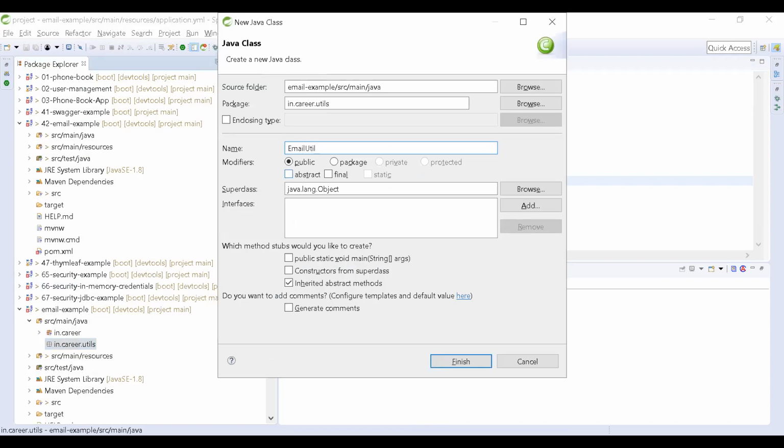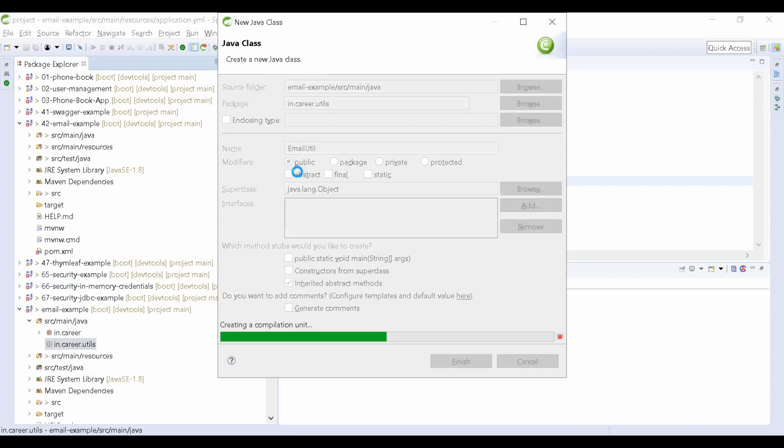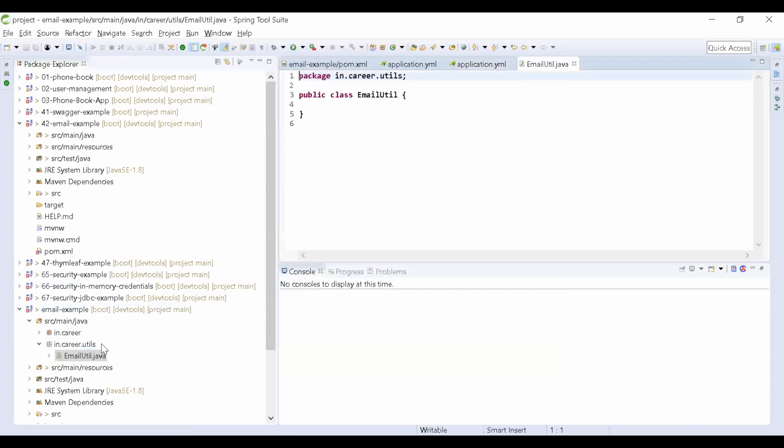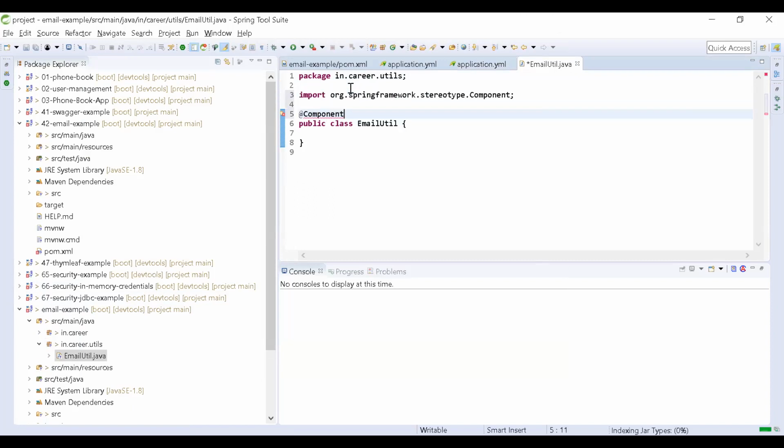You can give any name as you require. To make this a Spring Bean, I am adding @Component.